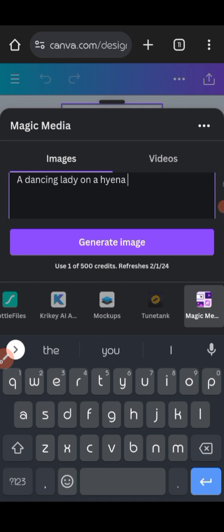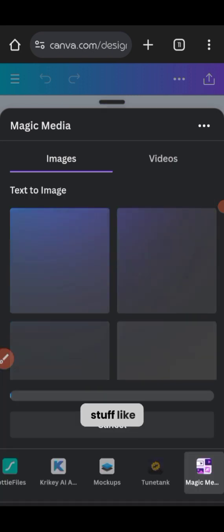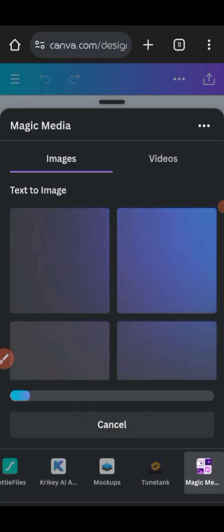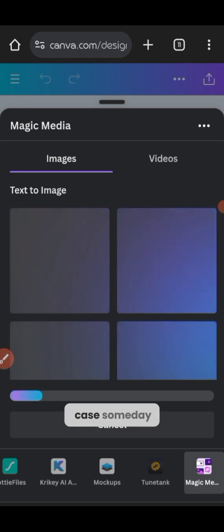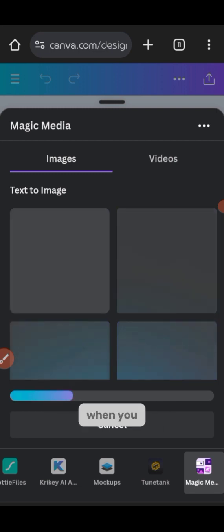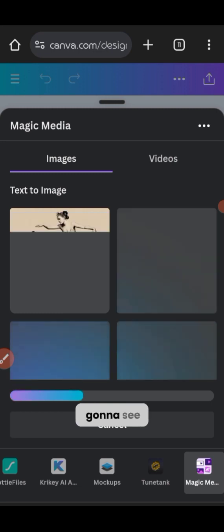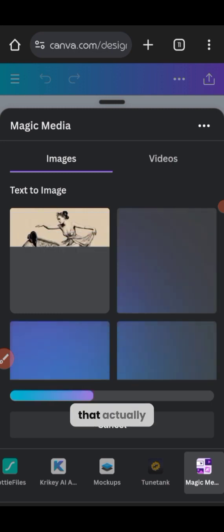Right? So you see stuff like this, I think it's very rare for you to use them in your design. But you just want to have that knowledge, in case someday somebody might need something that you cannot get normally on Canva. So when you search for this stuff, you are going to see, okay, they're showing us